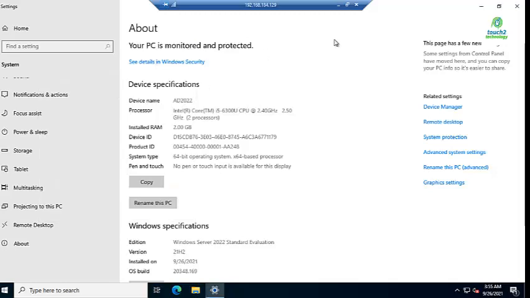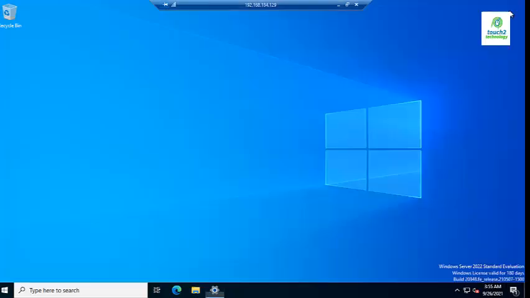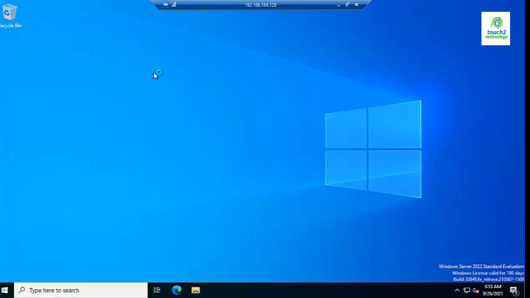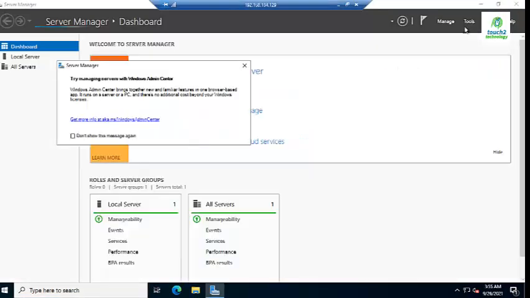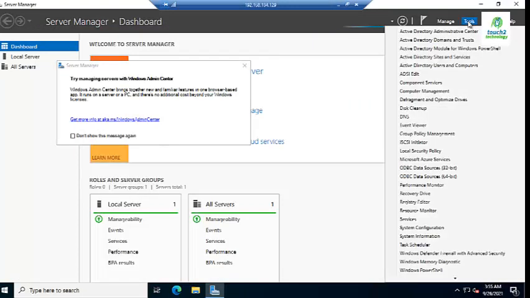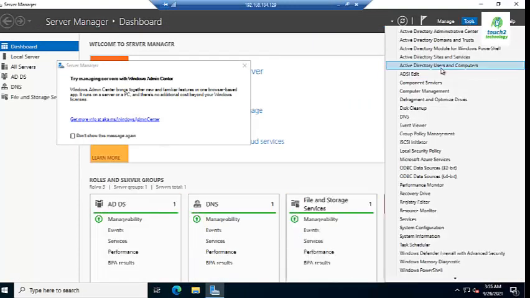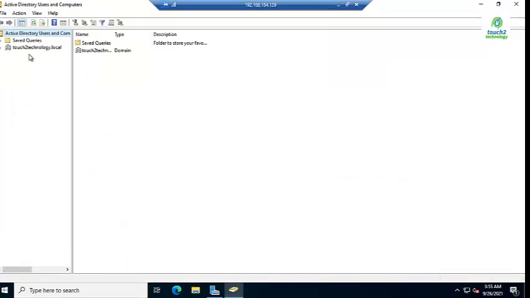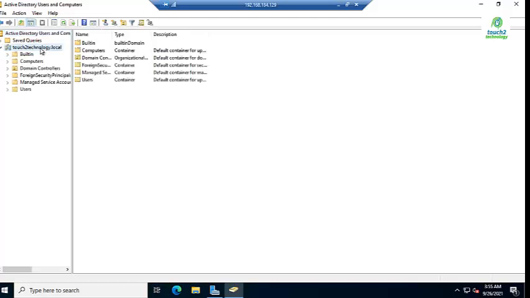So I open Active Directory user management. I click on Server Manager, then click on Tools. Here is the option Active Directory Users and Computers, and I click on that. Here you can see the forest, touch to technology dot local, and the user here is administrator.